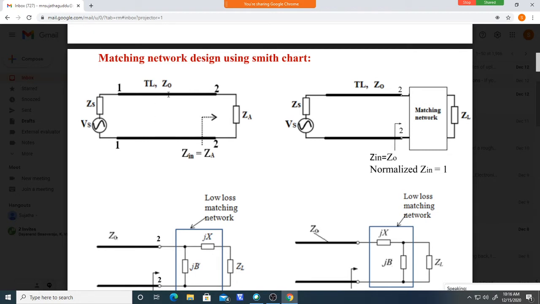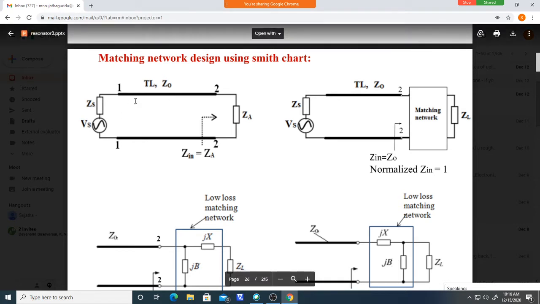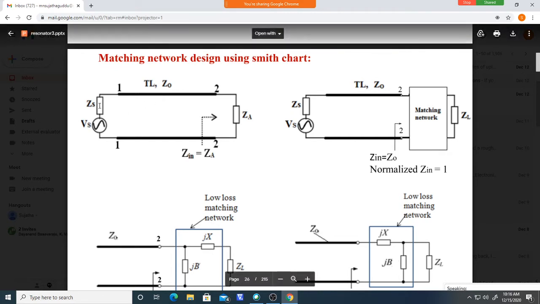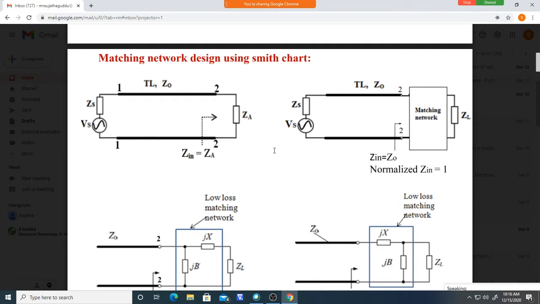So, to get maximum power transfer, at high frequency this interconnect behaves like a transmission line. It has a characteristic impedance Z0. For maximum power transfer in such a case at high frequency, this ZS must be matched to Z0, and Z0 must be matched to ZA. Okay. So in this particular syllabus and your